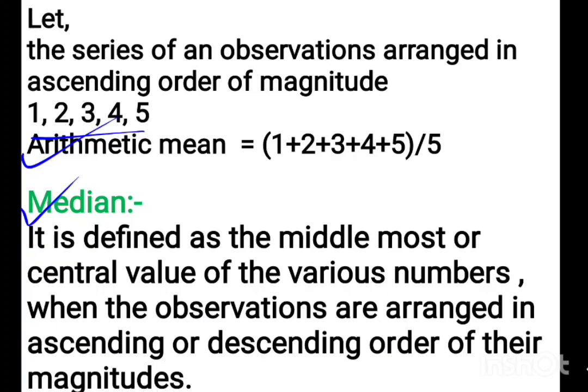It is defined as the middlemost or central value of the various numbers when the observations are arranged in ascending or descending order. তোমার প্রথম কাজ হলো নাম্বারগুলোকে অ্যাসেন্ডিং বা ডিসেন্ডিং অর্ডারে আনা, তারপর সেটার মিডিল, সেটা একটাও হতে পারে দুটোও হতে পারে, সেটাকে কনসিডার করা, যদি দুটো হয় তো দুটোর অ্যাভারেজ আউট করবে। ঠিক আছে, তো এখন দেখো